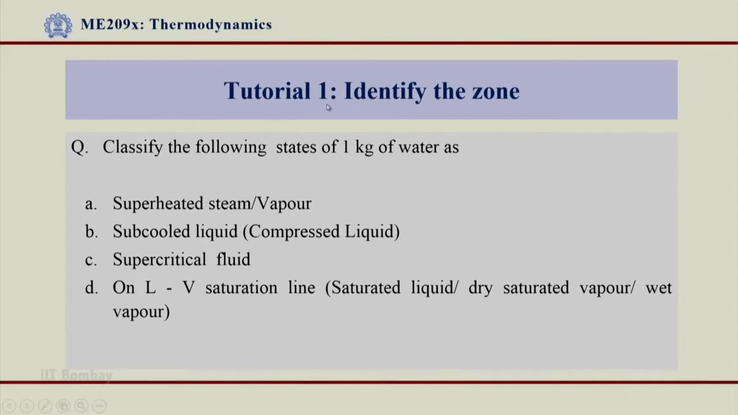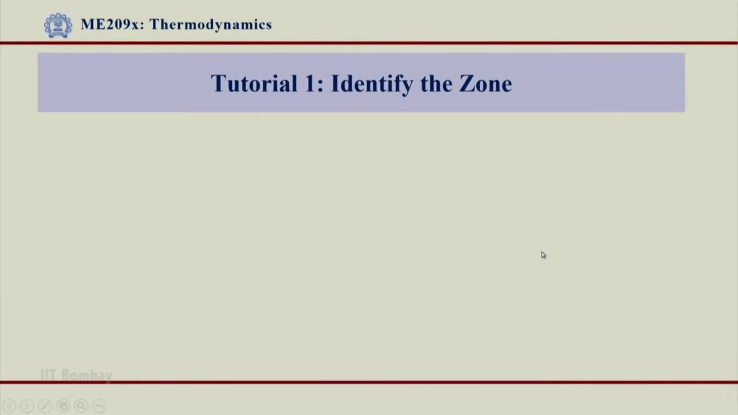Slide. So, first tutorial is identify the zone. The question is: classify the following states of 1 kg of water as superheated steam vapor, subcooled liquid, supercritical fluid, or on the LV saturation line, or saturated liquid, dry saturated vapor, or wet vapor. The first problem therefore we are referring to now is,